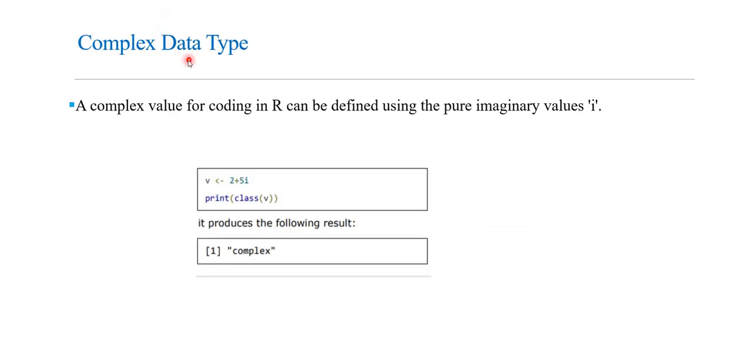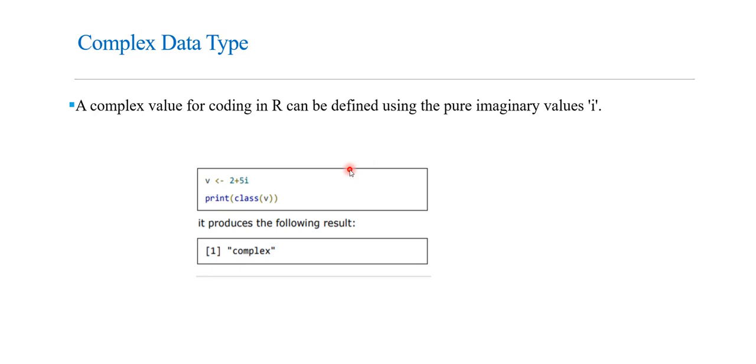So moving on to the next data type, which is nothing but complex. We all know that a complex number is nothing but a number which consists of a real part as well as an imaginary part. Whenever you assign a complex number, the format is you have to write a real term, an integer, followed by plus, followed by the imaginary part 5i. So a number followed by i will be considered as your imaginary part. Whenever a complex number is saved and you check the type using the class of function, this will be considered as complex data type.